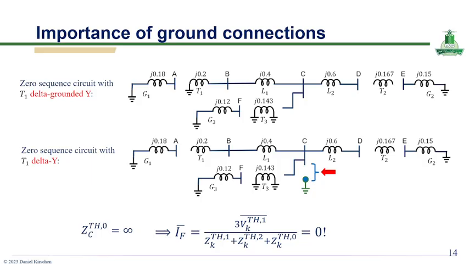Okay, this slide highlights the critical role of grounding in zero sequence networks and its direct impact on fault current flow. Two configurations are compared: a system where transformer T1 is delta grounded, delta grounded and delta grounded, and another where T2 is delta ungrounded. In the first case,